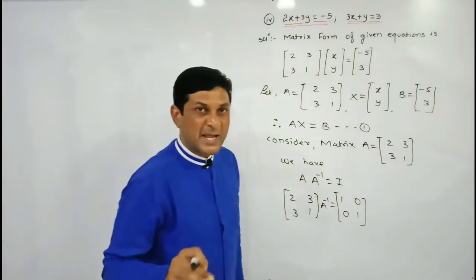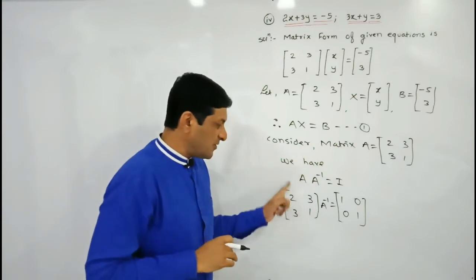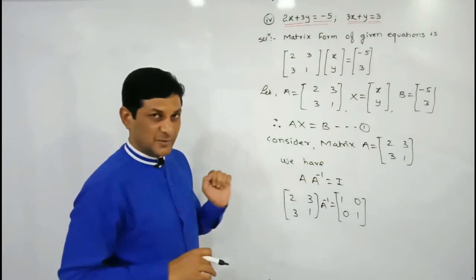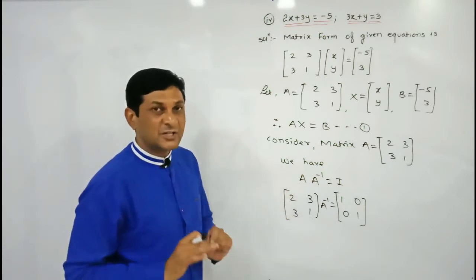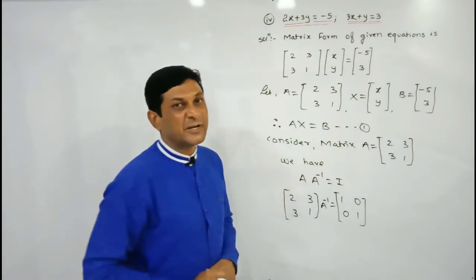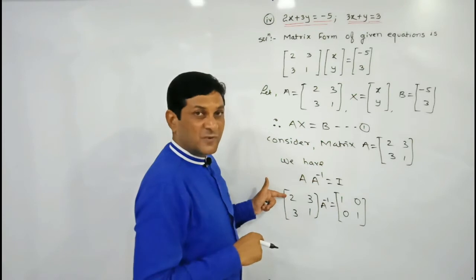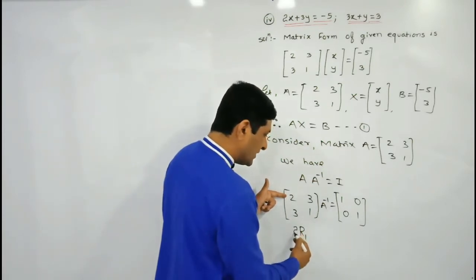Now let us try to find the inverse of this matrix. Whenever we are applying row transformation, our first aim is to convert the elements of the first column into 1, 0. Sorry, here we will require 1. 1, 0 should be the elements of the first column. This is our first step. To get 1 here, if I multiply R1 by 2, then what will we get?